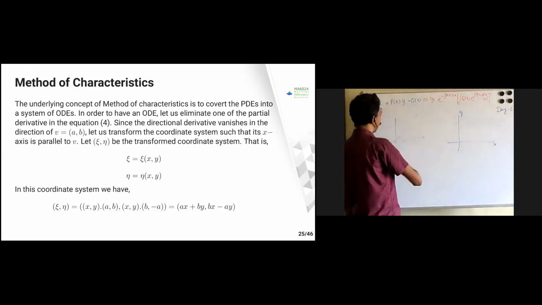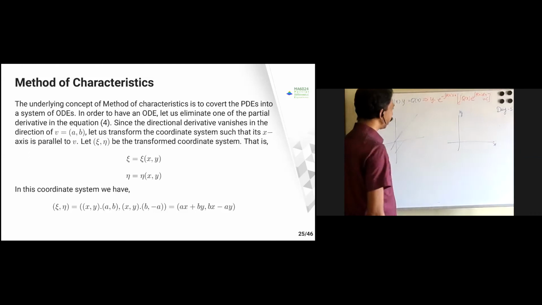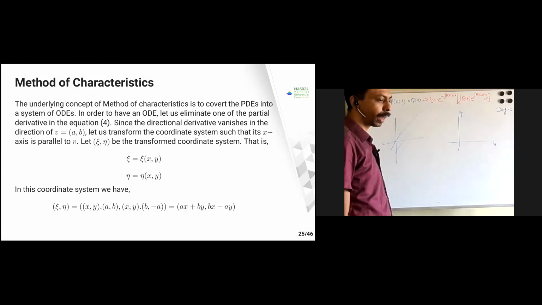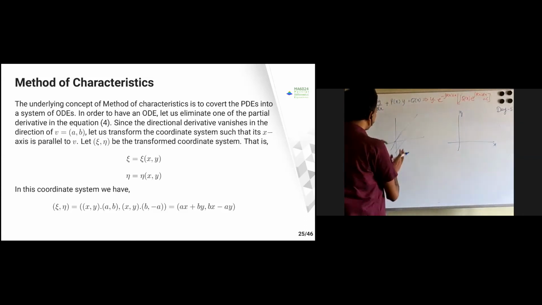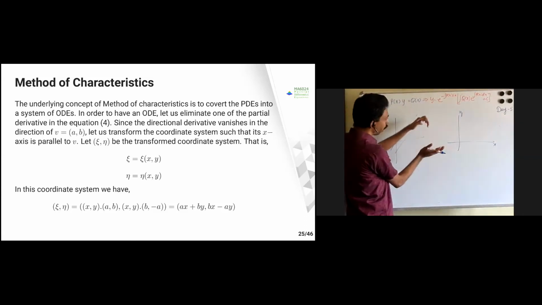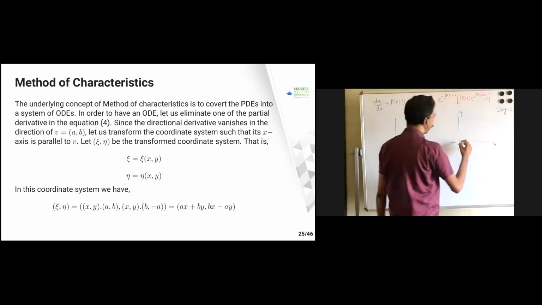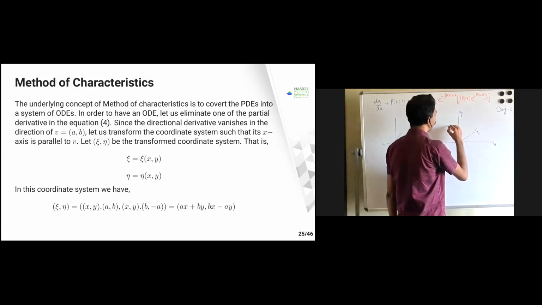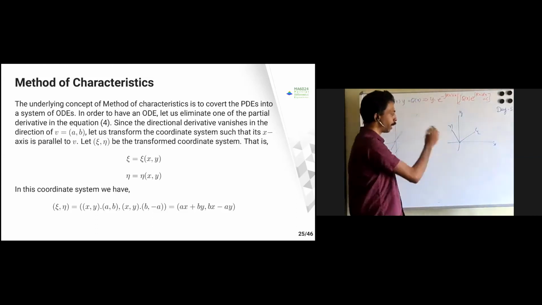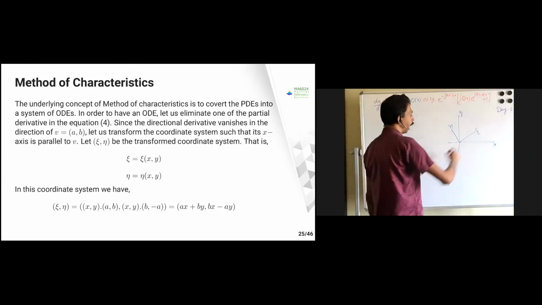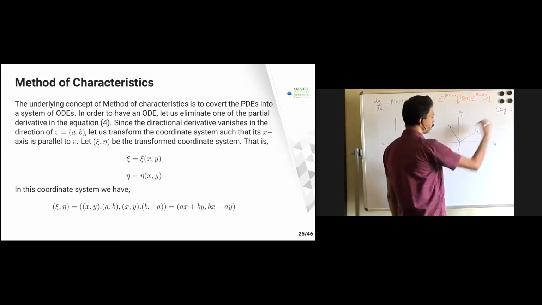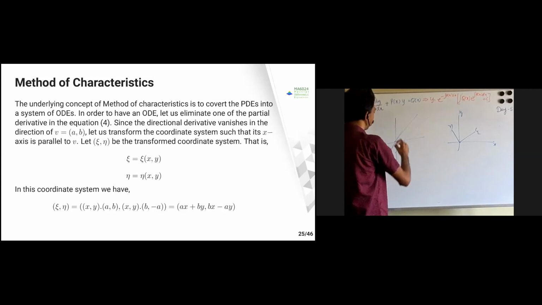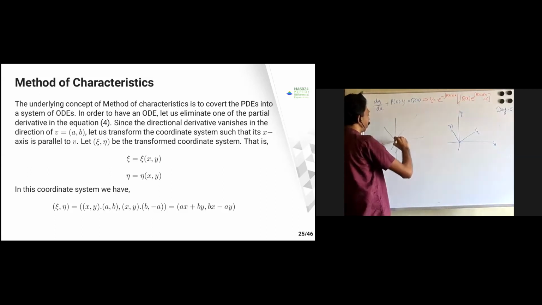I had some kind of characteristic line. So what I am trying to do is that along the characteristic line that equation is becoming 0, right? So I'm just trying to change my coordinates in such a way that this is going to become my chi and eta coordinate. Okay, this is my new coordinate system. I just change according to this rotation, according to the characteristic line.